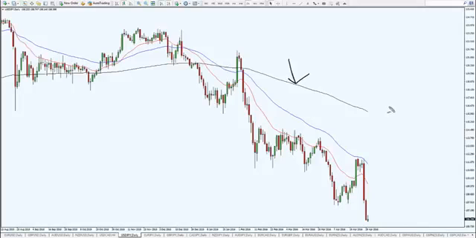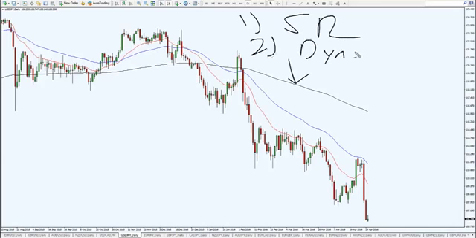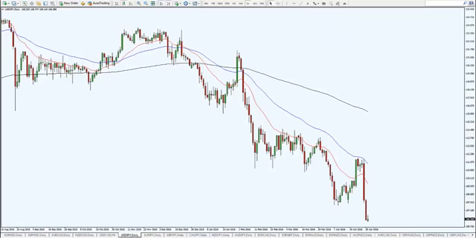So the next thing we want to look at is to identify areas of value. There are a few ways I identify areas of value. Number one can be your classical support and resistance, just your straight horizontal support and resistance. Number two is what I call the dynamic support and resistance, where it is defined using the 20 and 50 period moving average. So in this example, you can see this red line here is the 20 period moving average. The blue line here is the 50 period moving average. This is a dollar-yen daily time frame. The 20-50 period moving average, which is over here, is currently acting as dynamic resistance. So this is an area of value for this particular product,